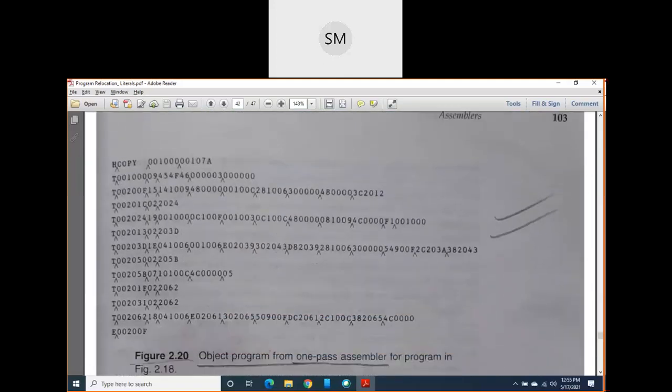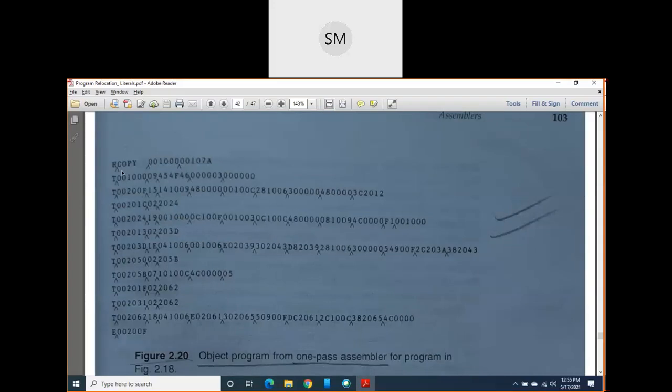Now let us write the object program for it. This is the header record. Already I told you how to write it. For the text record, if you observe your program in line number 97, first only 3 object codes we write here: 454F46, then 000003, then 000000.